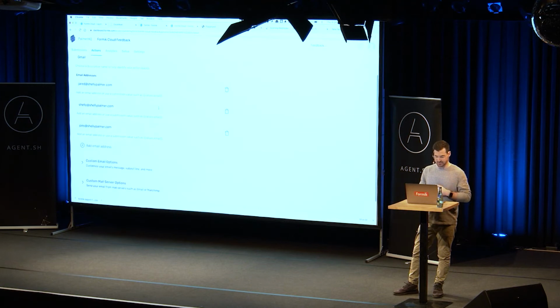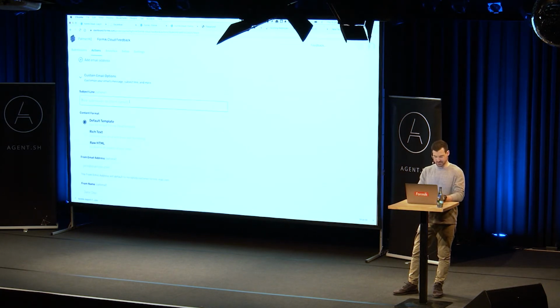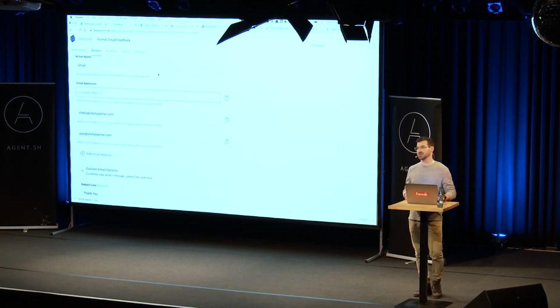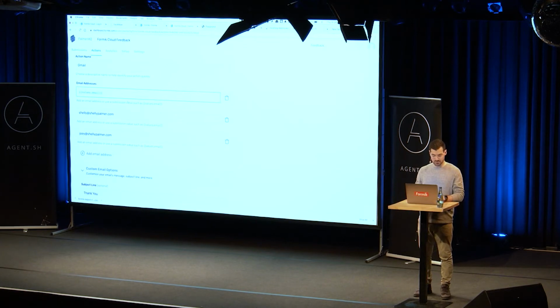So this is like a thank you note on my account, so I can send my email address. I can customize the email. We have a default template, but I can also do something like, I don't know, thank you. And I can change this, instead of emailing this to myself, I can use variables from the form submission. So I could use email. This is now going to send an email to the person that's submitted based on the email field. Let's delete that,